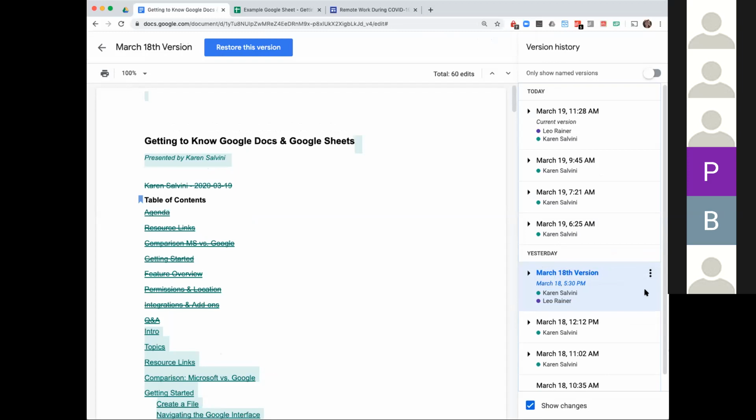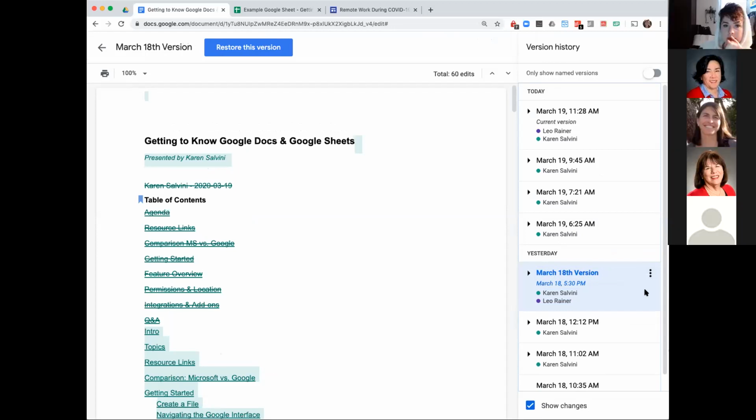And that's a good point. Only people with edit rights have the ability to see the version history. You would name a version if you're working on a fairly official document and you want to kind of signpost in time, this is sort of where we were at such and such, you know, version 5, and you want the version 5 to be an official thing.